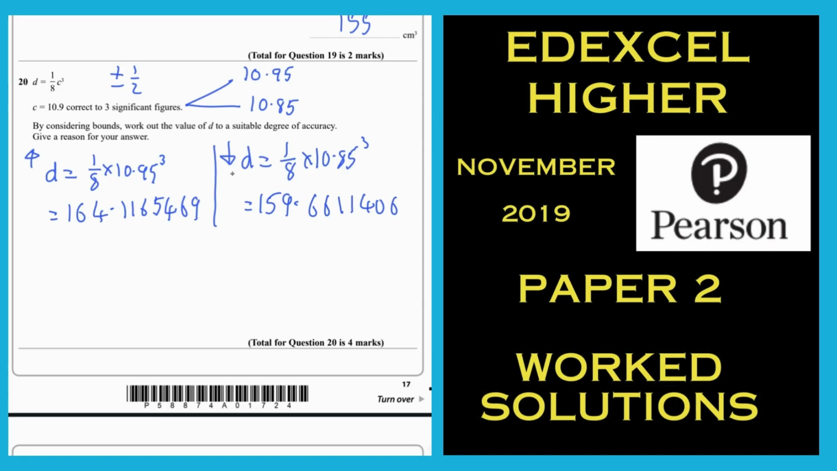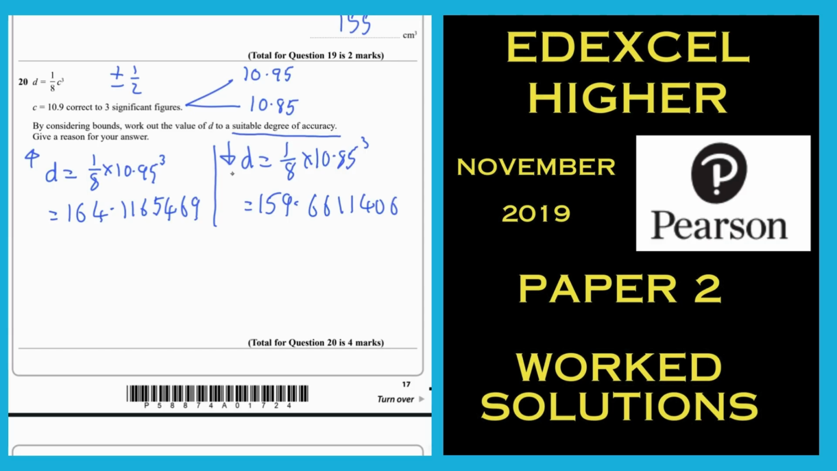Now let me ask you this, if you don't know what happened, because these aren't the most popular questions, they don't come up very often. If you were to round these off to 1 decimal place, 164.1, 159.7, what does that tell you? By considering bounds, work out a value of, it wants a value, not values. At the moment, we've got 2 values. Look at where they meet in the middle. And I don't mean the halfway point, I mean when you round off, because there's your instruction to get rounding